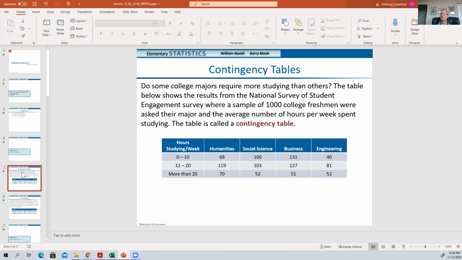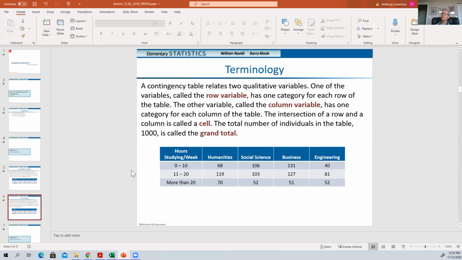In this idea, we have two different categories. First category, hours studied. Second category, majors. We have 1,000 college freshmen, studied for these four majors, and they split the categories up into 0 to 10, 11 to 20, and more than 20 hours per week. One of the questions might be, are these two independent of one another? We're going to show you how to do that statistical calculation. But before then, we're going to end up with